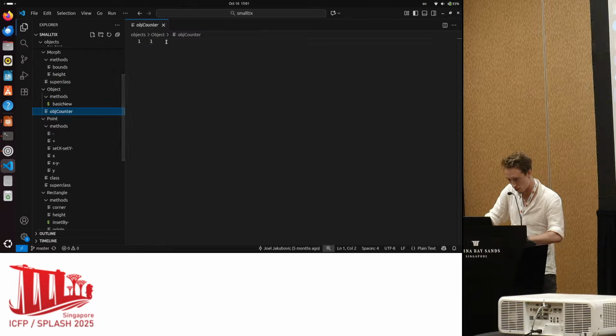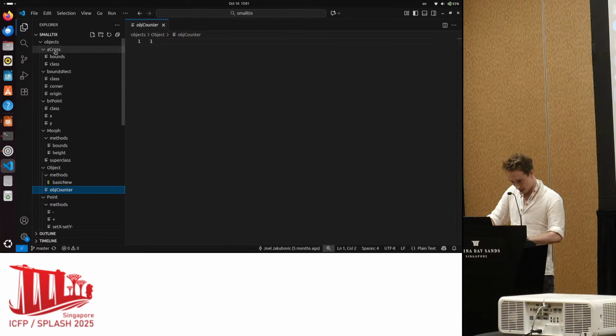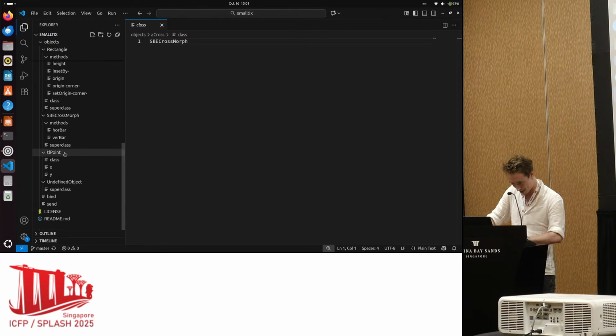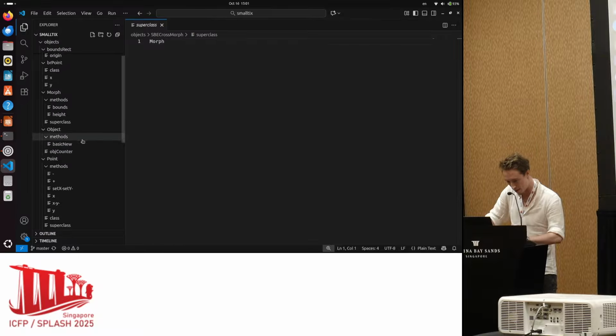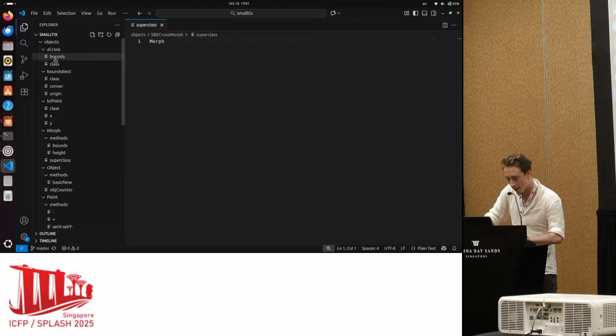Object counter is currently at 1. And so the object we've got here is across. What is across? Across is a SBE crossmorph, which is down there. And of course, I don't have a metaclass hierarchy in, but SBE crossmorph does have a superclass, which is morph, which I had to implement somewhere. I could go on, but so it's a SBE crossmorph.